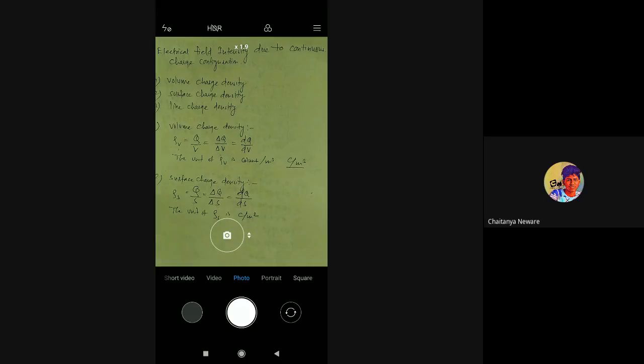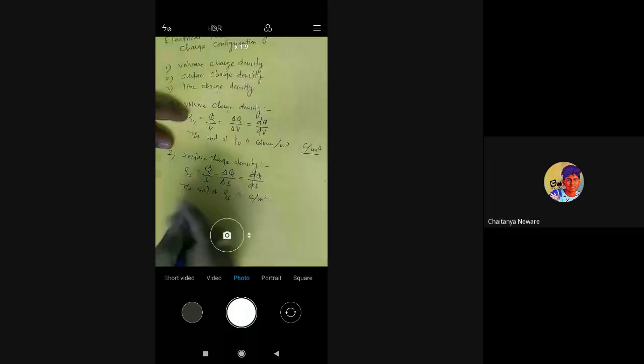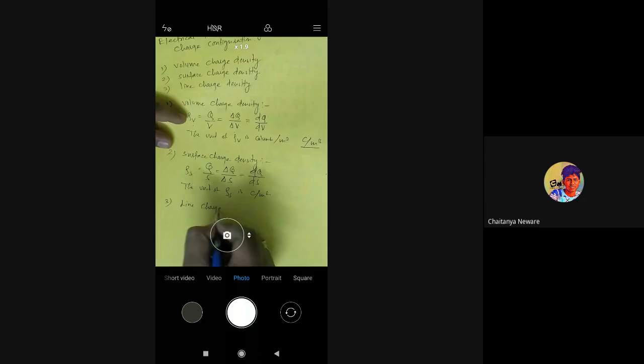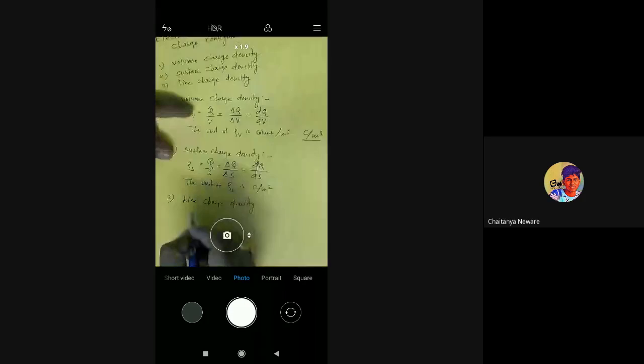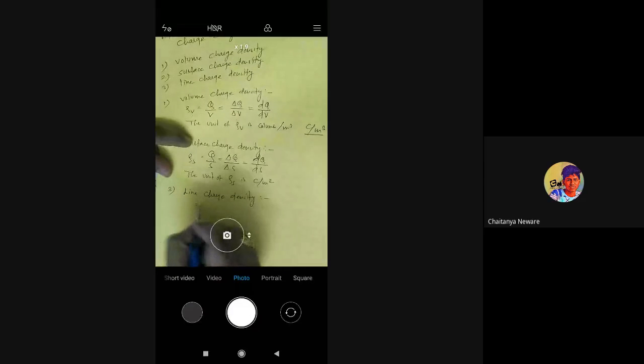Okay, now we have to see the line charge density. So the third one is line charge density. The line charge density is defined as the ratio of total charge in the given region to the total length of the region,